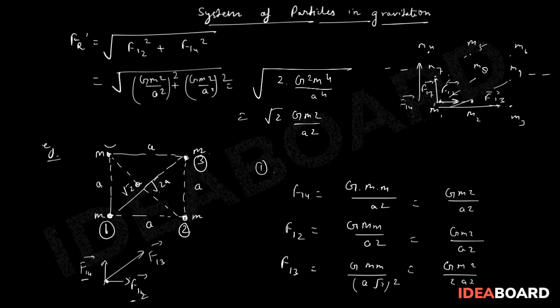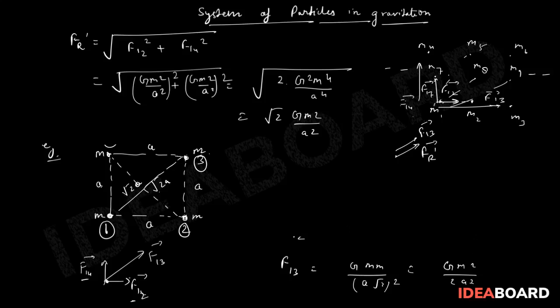Now I can write for this particle, this direction will of course be like this, F resultant dash, and of course we have another force which was F13. So now clearly F resultant, which is the final one, will be equal to, so I can calculate the mod simply. I don't need under root now because they are in the same direction, so we can directly add them up.